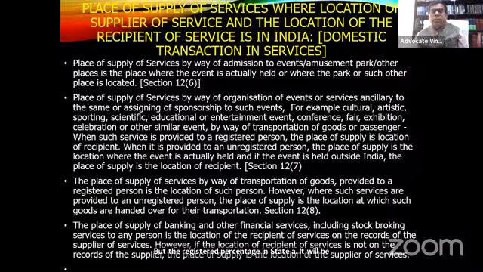I think this particular provision deviates a little bit from the principle of destination-based consumption tax, because if the event is taking place in state B, ideally it is state B which should earn the revenue. But here, keeping in mind the benefit of the input tax credit, it is considered as an IGST transaction, and for the organizer of such an event, if one is a registered person, then that place is considered to be the place of supply, and IGST will be charged.